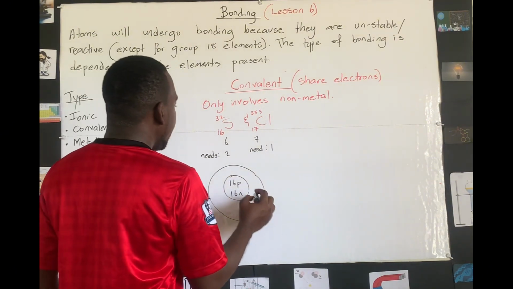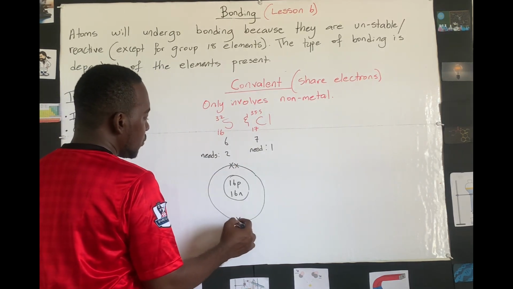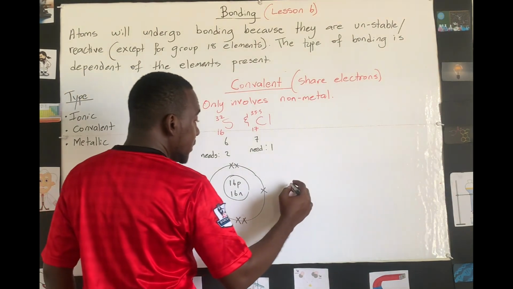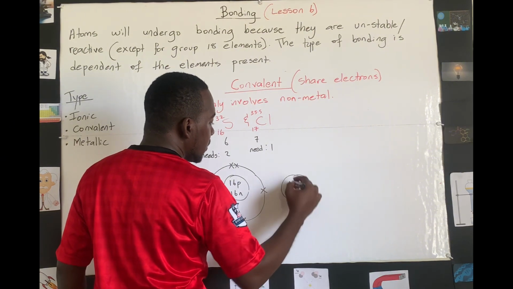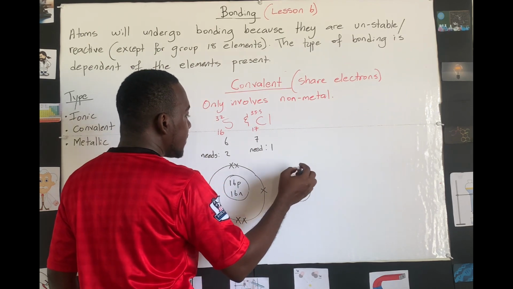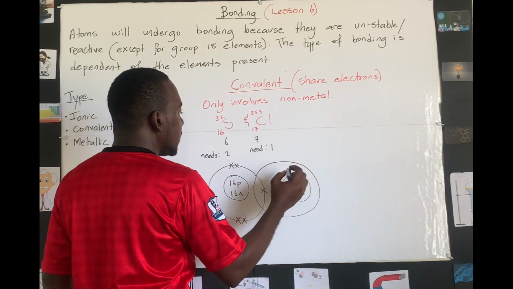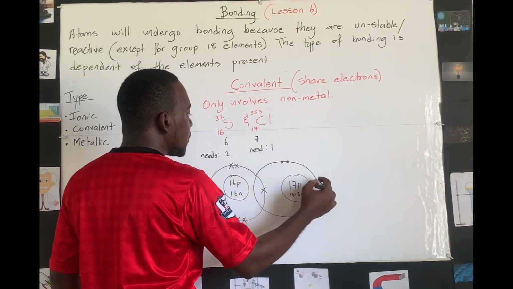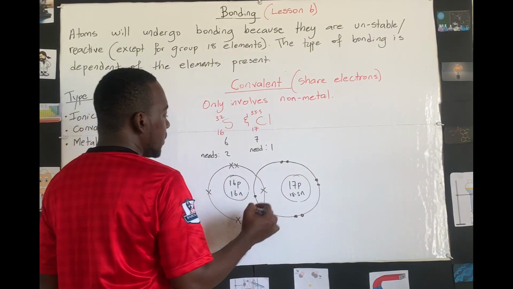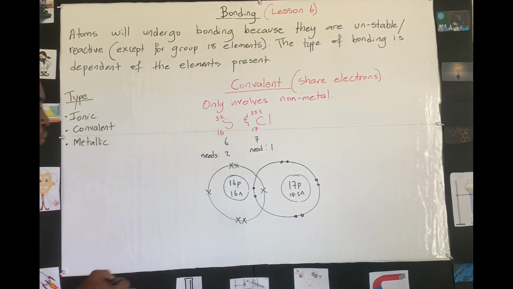So we will start here with sulfur. We put sulfur, going to put our 6 electrons on its outer shell, right? And then we will start drawing our chlorine. Now, to show the representation of sharing, on its outer shell, we will overlap the 2 outer shells. So now we overlap chlorine with sulfur. We draw our 7 dots to represent the 7 electrons of chlorine, and then it overlaps with that 1 electron